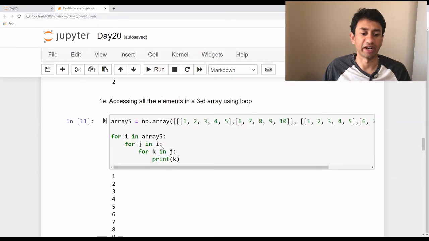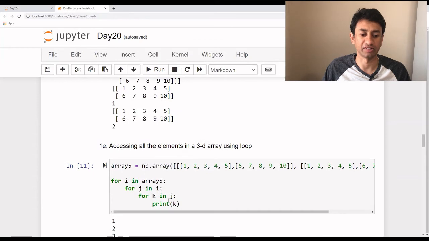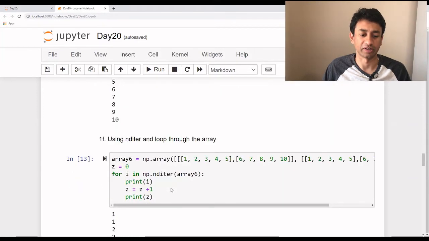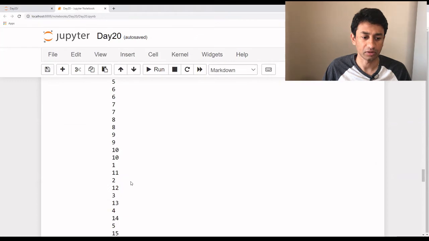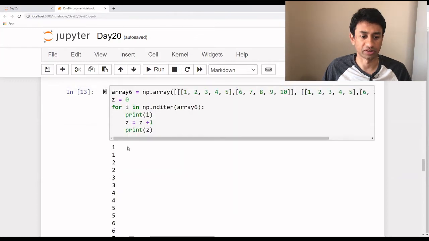So in case of an n-dimensional array, instead of having a nested for loop, which might become quite clumsy and might be very difficult for us to decode, in those cases we can make use of this nditer, which can be specifically used for an n-dimensional array, to iterate through an n-dimensional array with just a single for loop and access each and every single element. So that's how